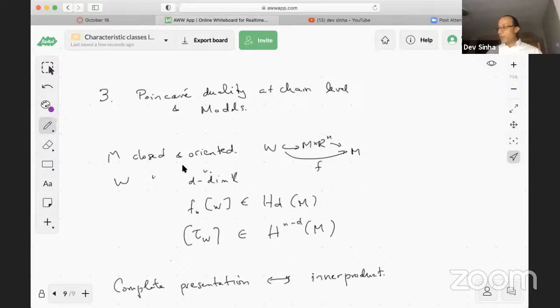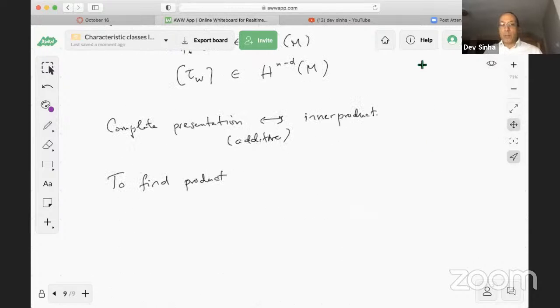Of course, it's sort of graded, right? The inner product is only defined when I've got things of complementary dimension. We of course know that there's more to it than that. So let's remember that to find products. So this is the additive story: you just have an inner product. To find actual cup products,